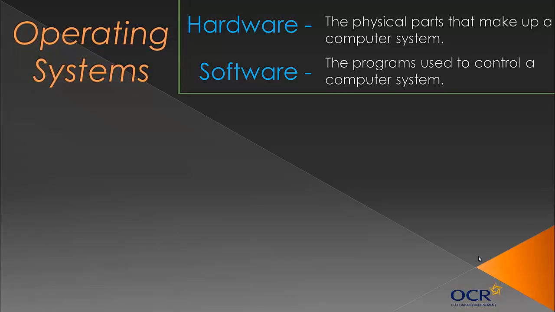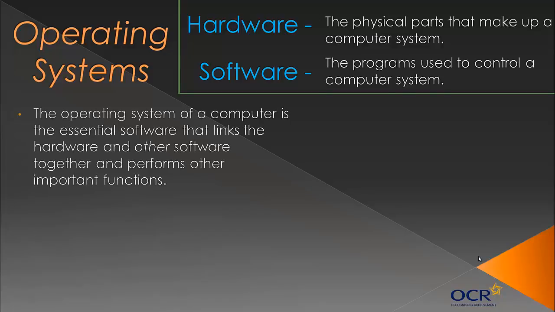So first of all, we've got to look at what is known as an operating system. Hopefully you would have heard of what this is, but essentially it's the essential software. Your computer needs an operating system for human interaction to take place. Basically what it does is link the hardware and other software, so other applications, other programs,